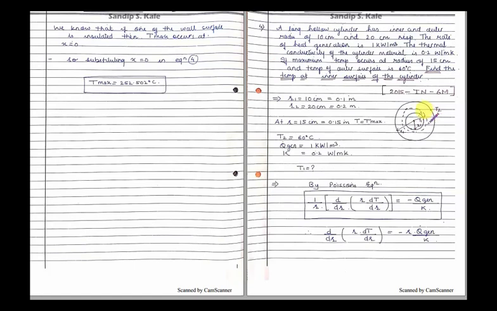Very simple steps. All of you are aware of the Poisson's equation. This is the Poisson's equation for the cylindrical coordinates, right? After rearranging, we get d by dr of (r dt by dr) equal to minus r q generation divided by k. This is the equation that we have seen in the previous session. Those who have missed my previous videos, please go and see the video so that you can get a clear idea.